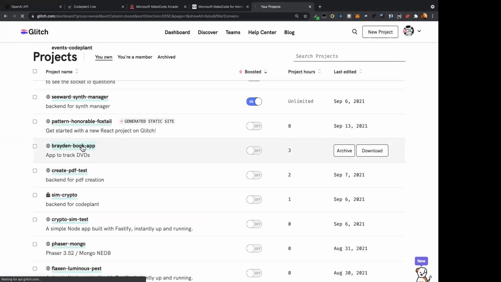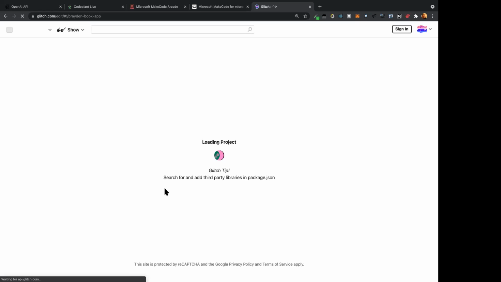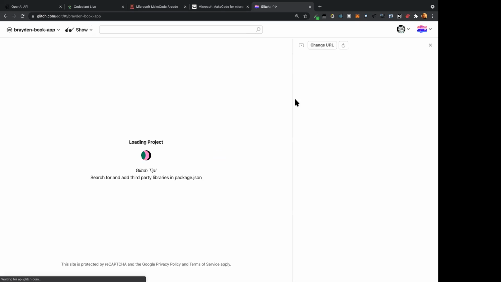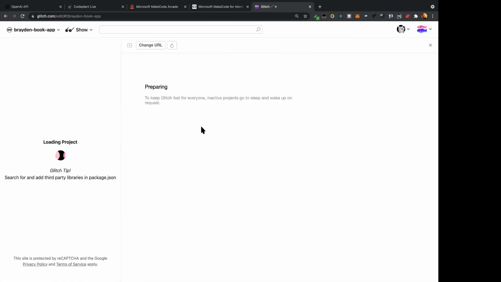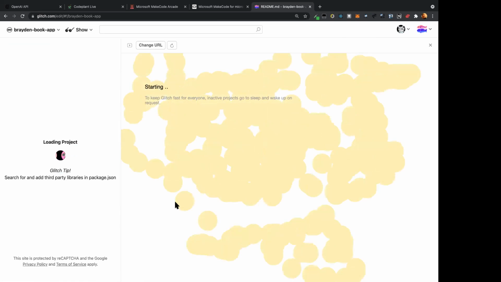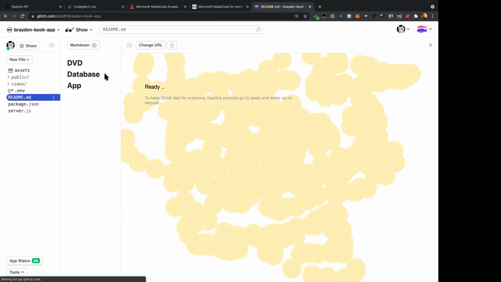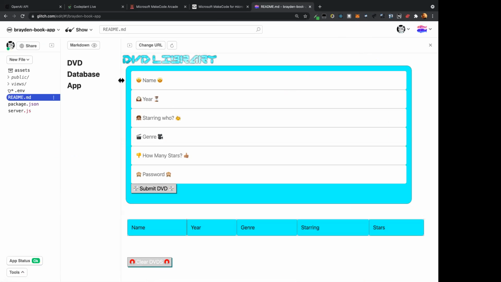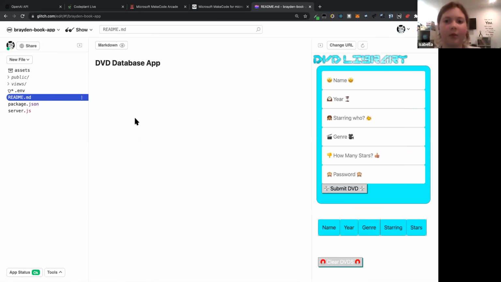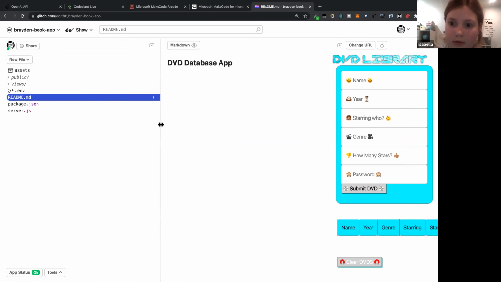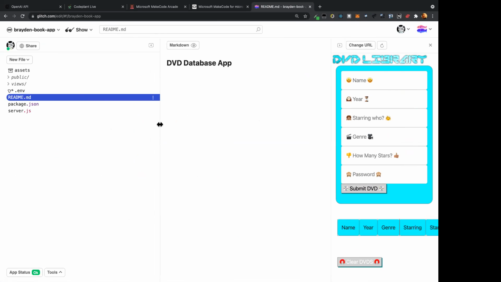Braden's book app, and once it loads up, you'll see it allows you to enter in the information about a book, and then it stores and saves that information. And while it's loading up, it has this thing where I can just draw. Okay, I'm gonna save this. Okay. And this started out as a DVD library, and